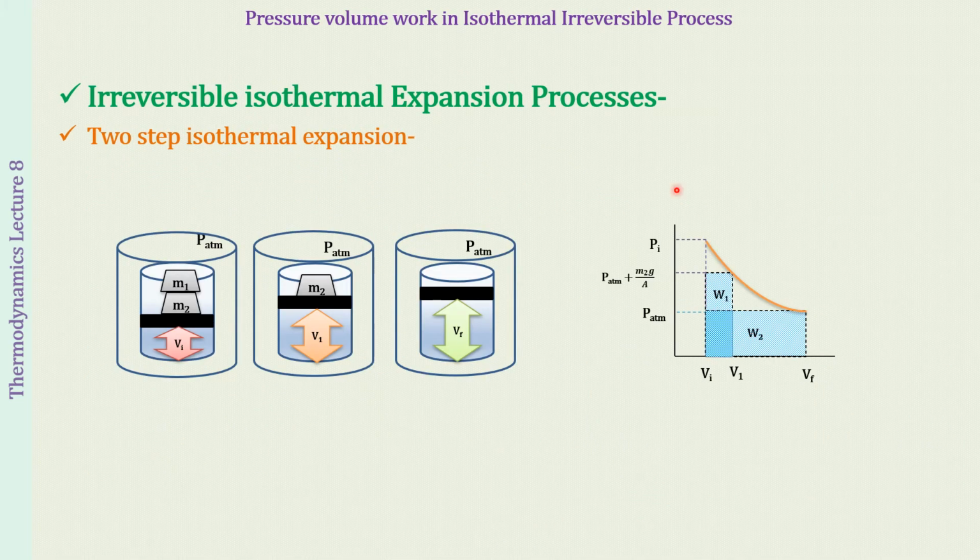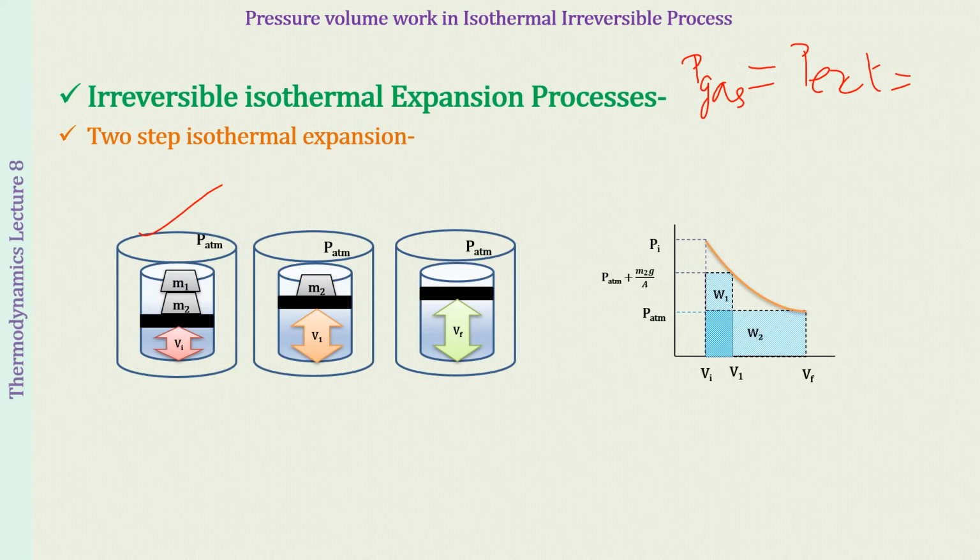So when we now compare the PV diagram with the process that is happening, we had an initial volume Vi, then the volume expanded to V1, so this is V1, along the x-axis the volume increases, and then when we removed M2 further, the volume increases to Vf, so this is Vf, the maximum volume for the three values that we have, Vi, V1 and Vf. What about the pressure? Initially, the system is in equilibrium with the surroundings. So here, P of the gas or P internal is going to be equal to P external.